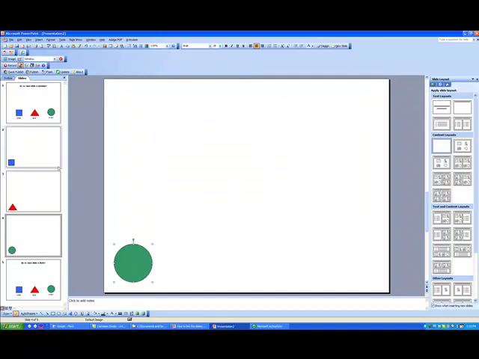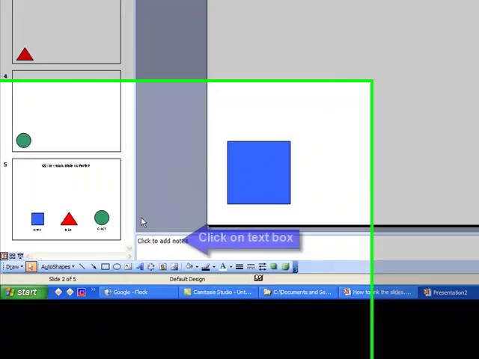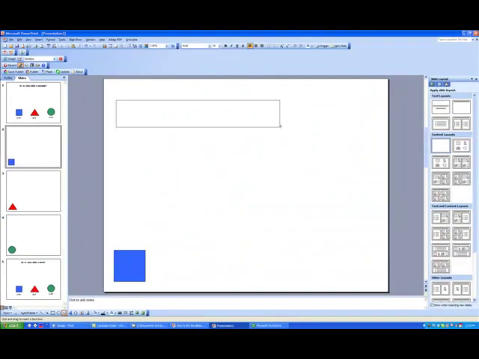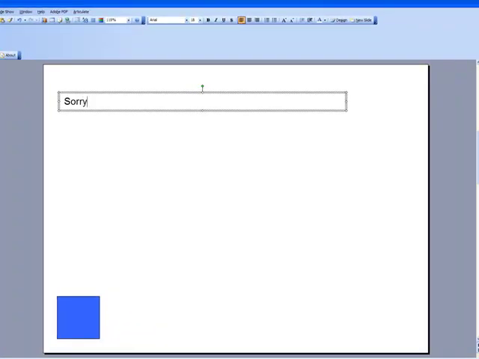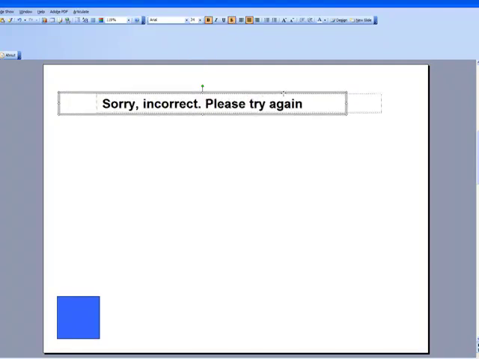Alright, so now what we need to do is we need to give our students some feedback when they come to that particular slide. So I'm going to take that one and say, sorry, incorrect, please try again. So that's the feedback I'm giving my learner. And I'll make that a little bit bold as well and a little bit bigger, and just drag that into